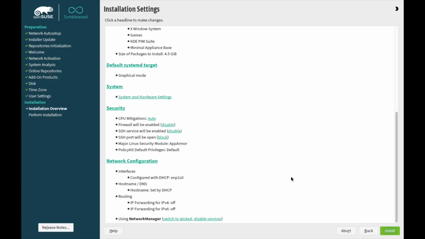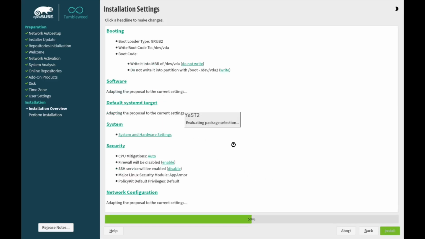If you have network printers in your house, you will not find them with the default settings of the openSUSE firewall. If you're behind a router, your router acts like a firewall. So in theory, at least, you don't need a firewall in your operating system if you're behind a router. So on this, I disabled this